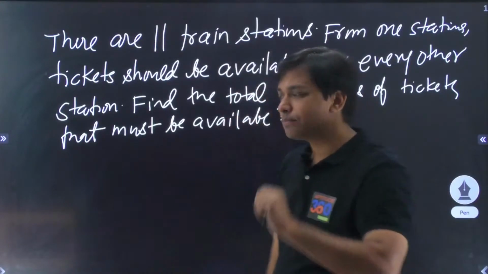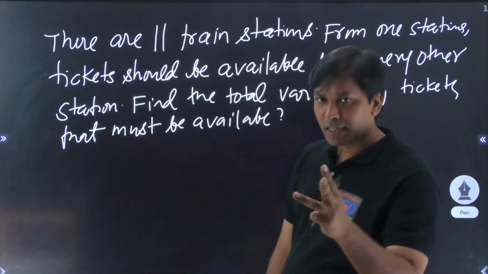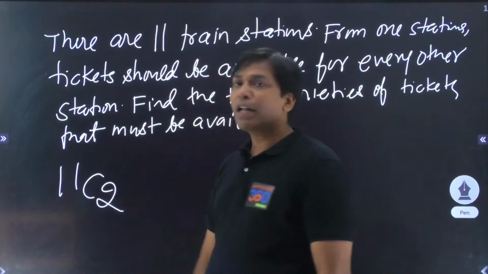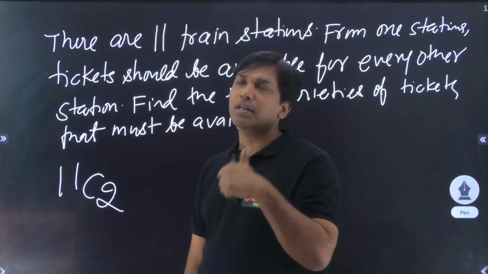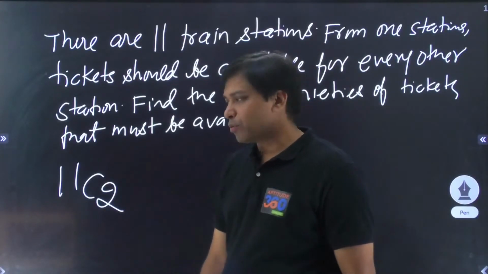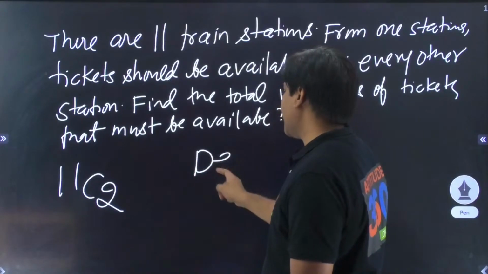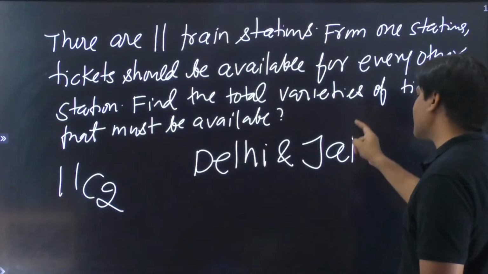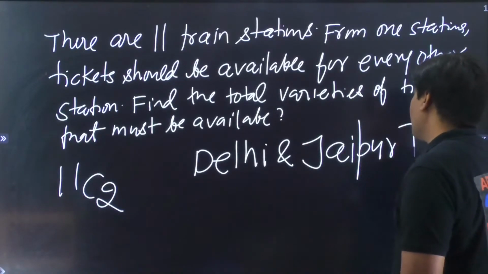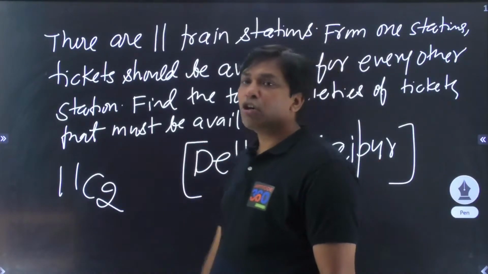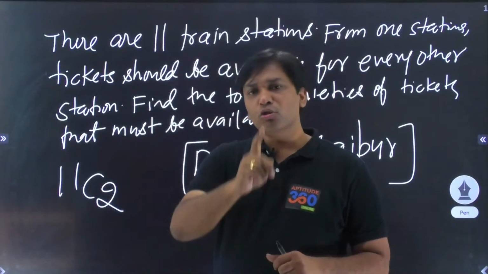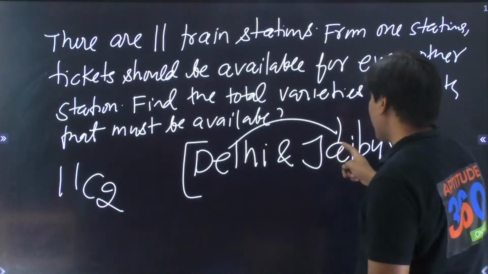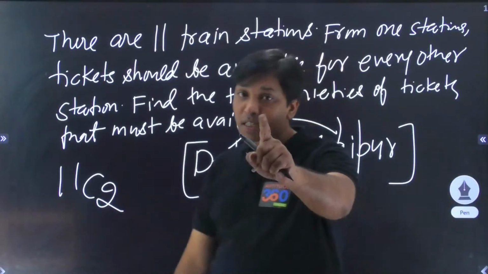क्या कर सकते हैं, देखो ना, आपने 11 में से कोई भी दो ट्रेन सेलेक्ट कर लिया, in how many ways you can do that? 11C2। मान लो आपने स्टेशन 2 सेलेक्ट किया, which is one is Delhi, the other is Jaipur, ठीक है जी, you selected Delhi and Jaipur, and this is not like the case of handshakes. अगर दिल्ली और जयपुर दो आदमी होते और आपस में हैंडशेक कर रहे होते तो this would have been done in only one way, but ticket from Delhi to Jaipur and from Jaipur to Delhi are two distinct cases,